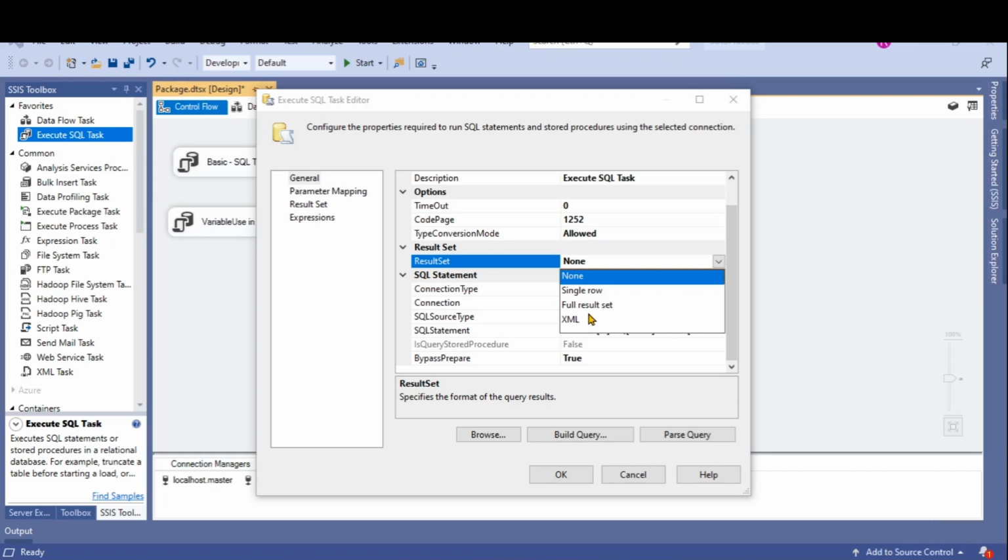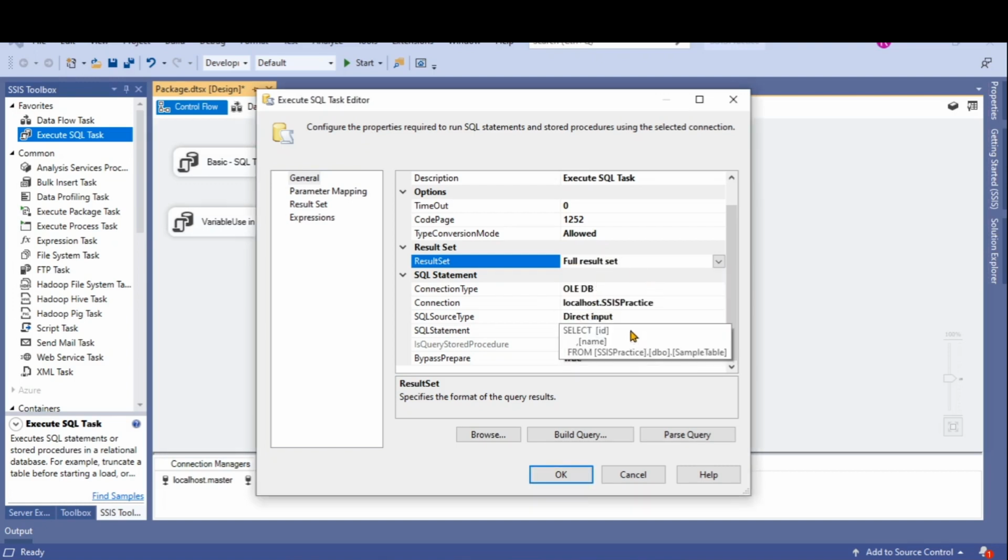It's not returning only one row, so it's returning a full result set. So I need to choose full result set in this scenario. And then when we select this full result set, we have to map that to a particular variable. Then only it stores the values into a variable or into a file, right? So to map that full result set into a variable, we have a result set section here, and then